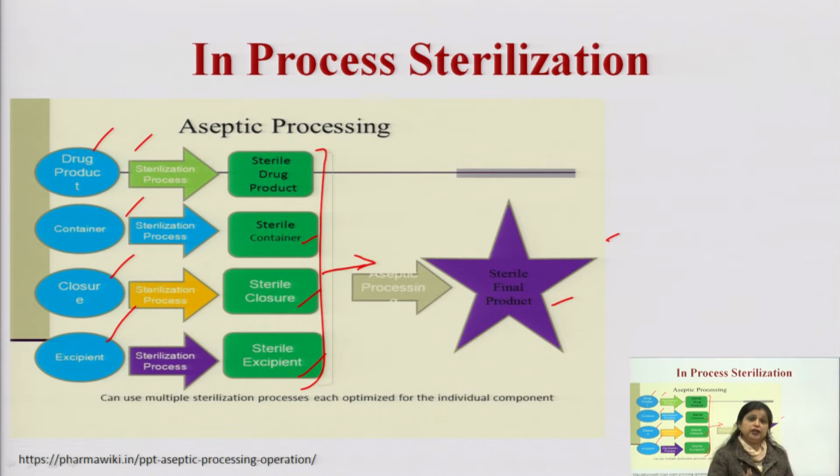If we are going for in process, then there will be no end product sterilization, because it may be that the drug gets degraded if we are using an autoclaving technique or heating the product at the end. It may happen that the chemicals which we have added to the product may react or produce metabolites. So, end product sterilization is avoided. The process in which end product sterilization is avoided is known as in process sterilization.